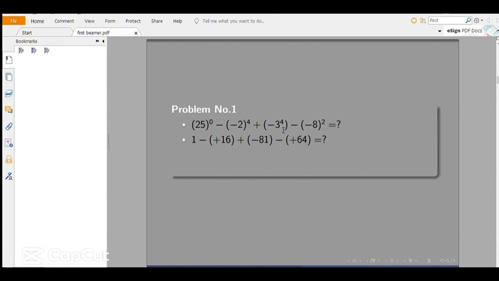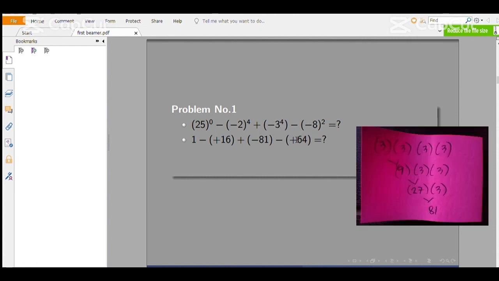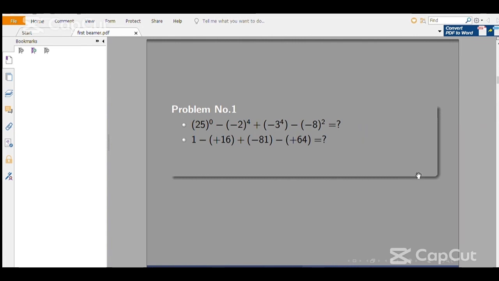to 4. Now, it is not like in here, that the power is outside the parenthesis, thus, the power here is only applied to 3, and negative is not included, so we are going to multiply 3 to itself 4 times, so 3 times 3 is 9, and then times 3 equals 27, and then times 3 again equals 81, and then we just need to copy the negative sign, so it is -81, and then minus -8 to the